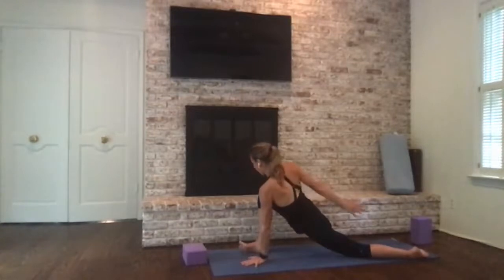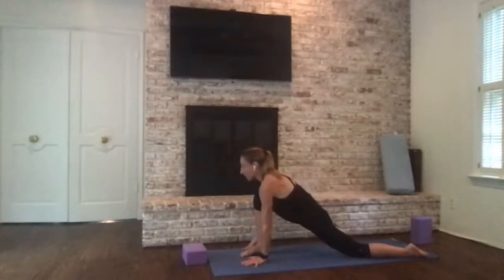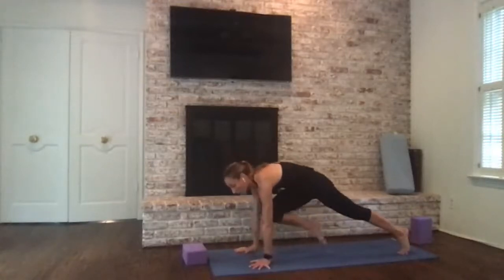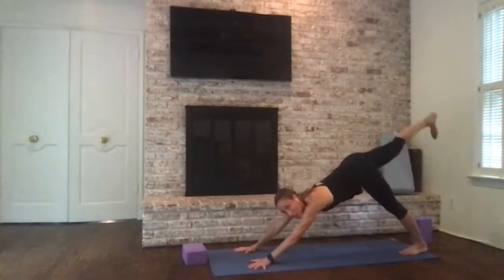So if your foot turned out, take the foot flat to the ground again, turn it forward, let go of your bind behind you, take both hands down to the ground. Good, curl the toes into the mat, lift the kneecap, take the palms flat like we did before, hug the knee in, extend the leg up and back to a three-legged down dog, don't open the